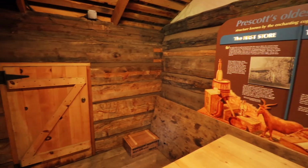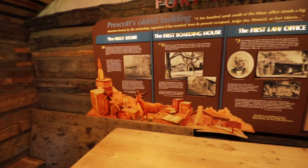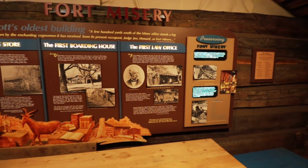Flurry in his cuisine at the governor's mansion. My friends jokingly dubbed the place Fort Misery, and the name stuck, not because...